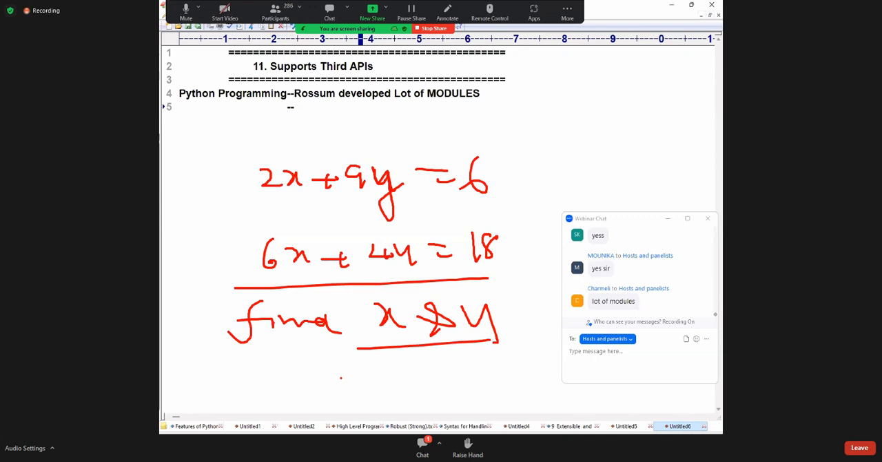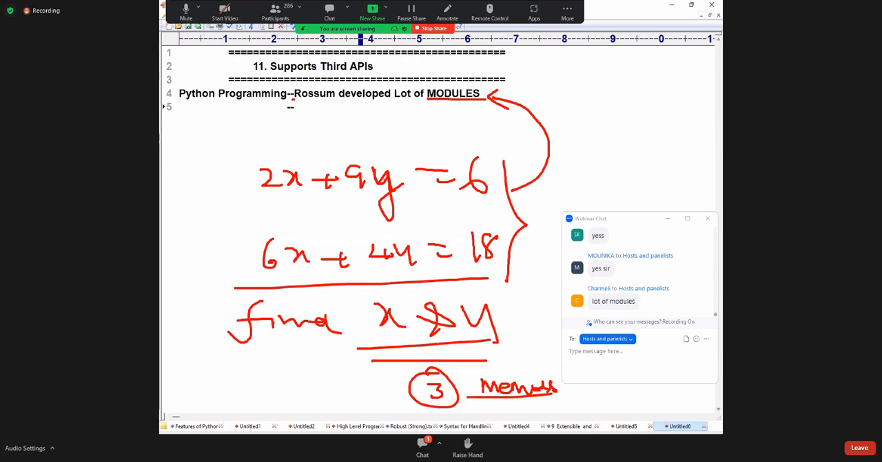Linear equations. Even 1 or 2 days back, I told this. Linear equations we can call finding x and y. According to my mathematics standards, there are 3 methodologies, 3 methods, 3 approaches to solve it. I don't know whether you know these approaches or not, but in Python programming, it is not possible to solve